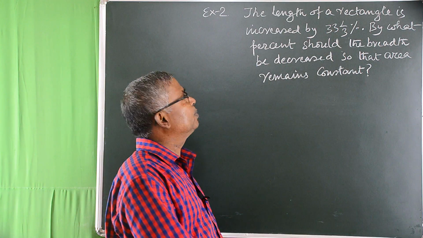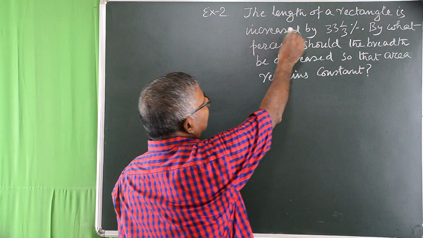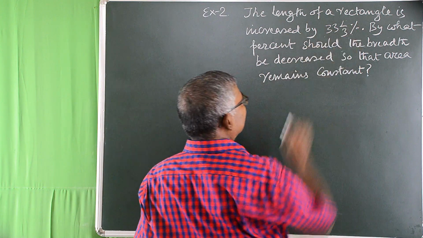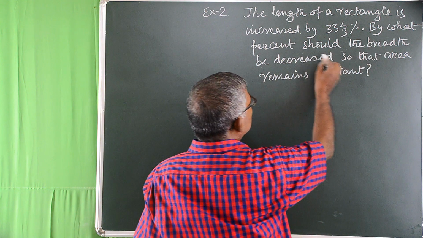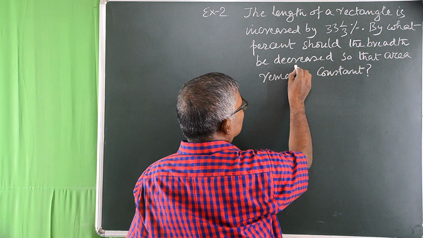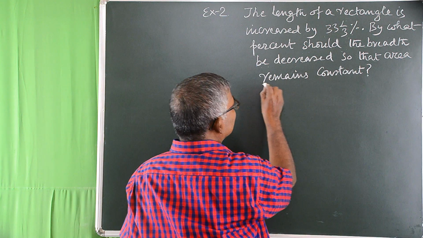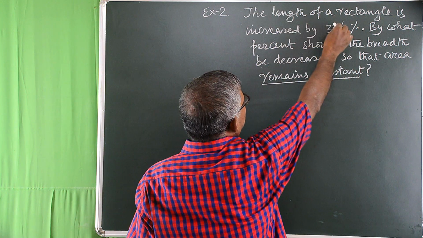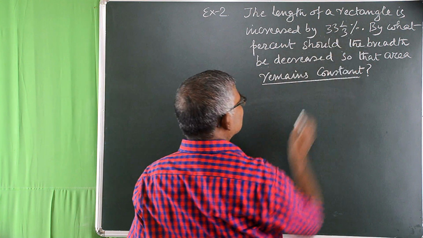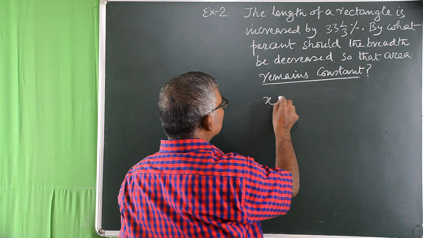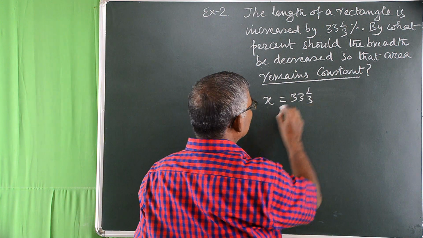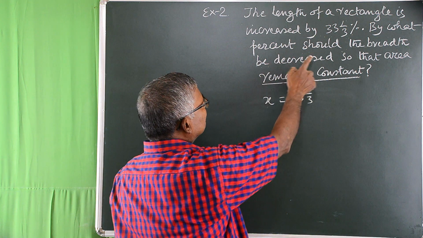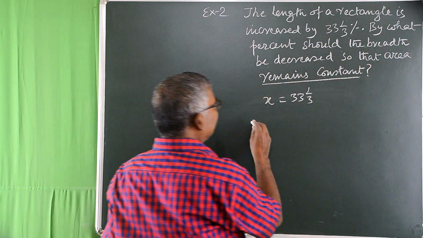Let us consider the second problem. The length of a rectangle is increased by 33 whole 1 by 3%. By what percent should the breadth be decreased so that the area of the rectangle remains constant? Given that the length of the rectangle is increased by 33 whole 1 by 3%, so X equal to 33 whole 1 by 3. To keep the area constant, the breadth must be reduced, and hence